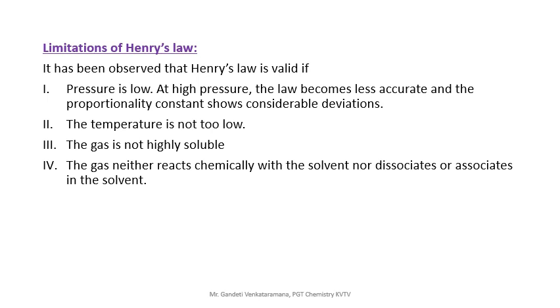What is dissociation and what is association? Dissociation means splits. If you take NaCl, Na plus and Cl minus, dissociation takes place. Association means combination. If you take any carboxylic acid, CH3COOH, acetic acid, it associates. That means it forms a dimer. 2 moles of the acetic acid exist together. That is called association. You can leave that one, dissociation and association, later we will discuss. So all these are the limitations of Henry's law.